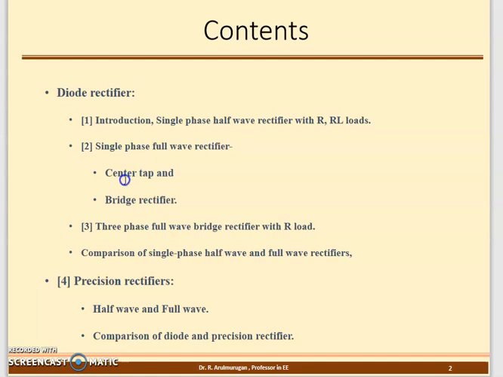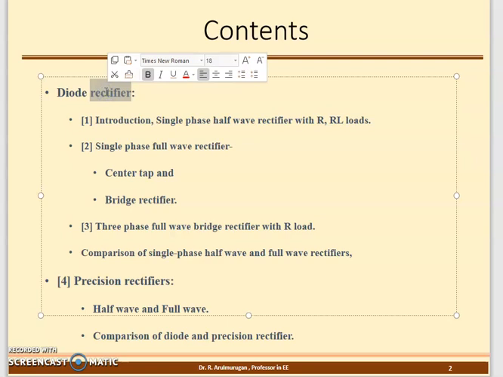Everyone has a mobile phone. Inside the mobile phone, what is there? A battery is there. You want to charge the battery. How are you going to charge the battery? You need a rectifier. Everyone who has a mobile phone has the rectifier in your hand. That is called a mobile phone adapter or charger. You have different names: mobile phone adapter or charger. So that is a rectifier.